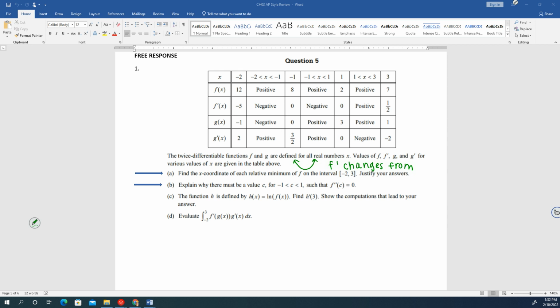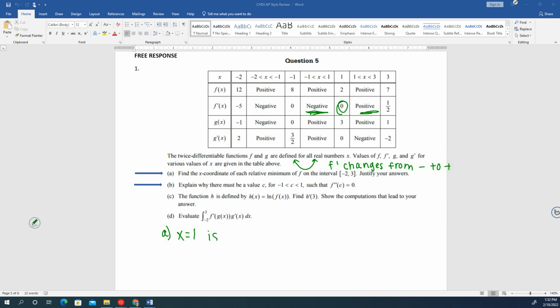So our f prime changes from negative to positive is what we're looking for. There is one spot that happens on f. The first derivative changes from negative, hits a 0, to positive. So x equals 1 is a relative